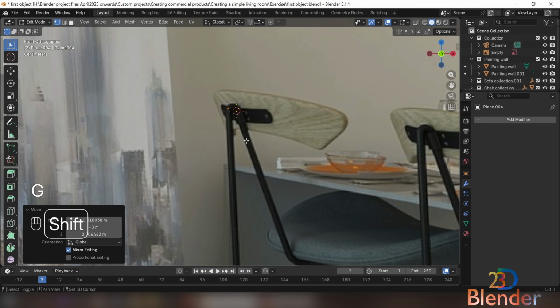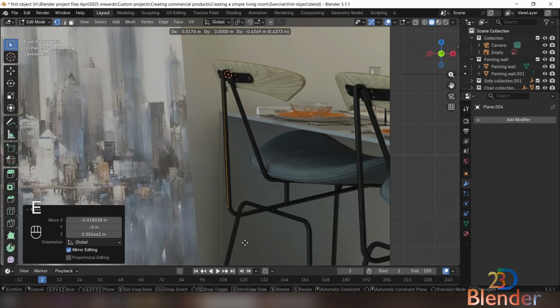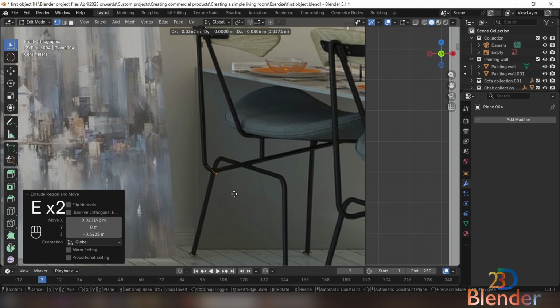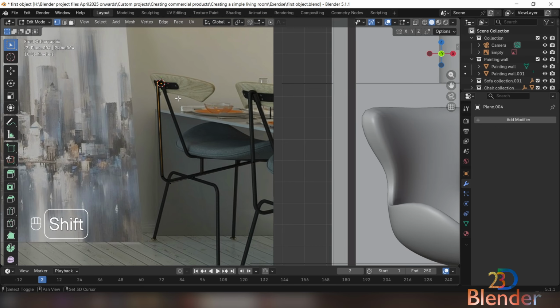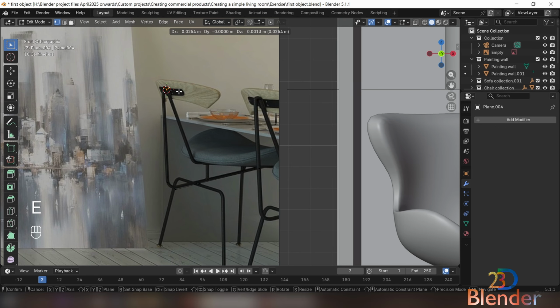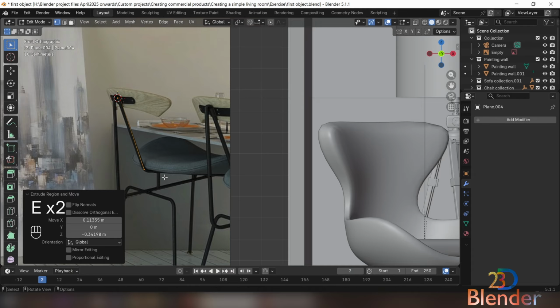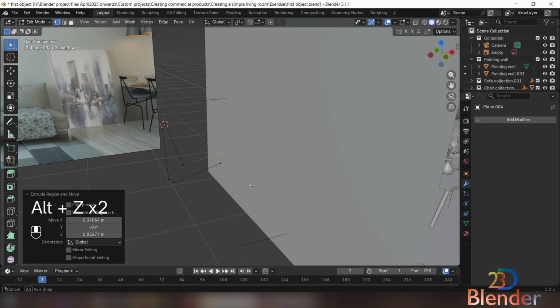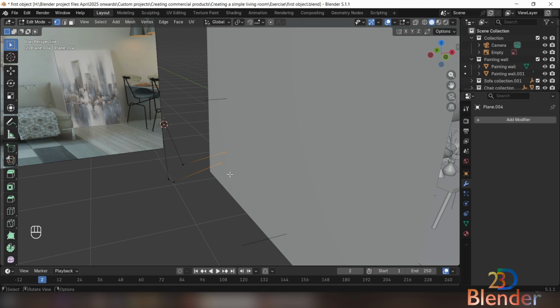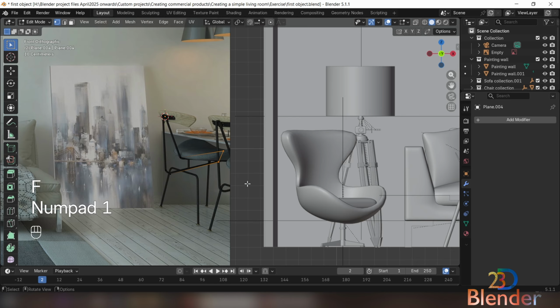We will just create a trace, an outline of this chair just like this. I think something like this, and then we will convert it to a curve, and we will add our thickness to that curve. So yeah, press F to fill it, and